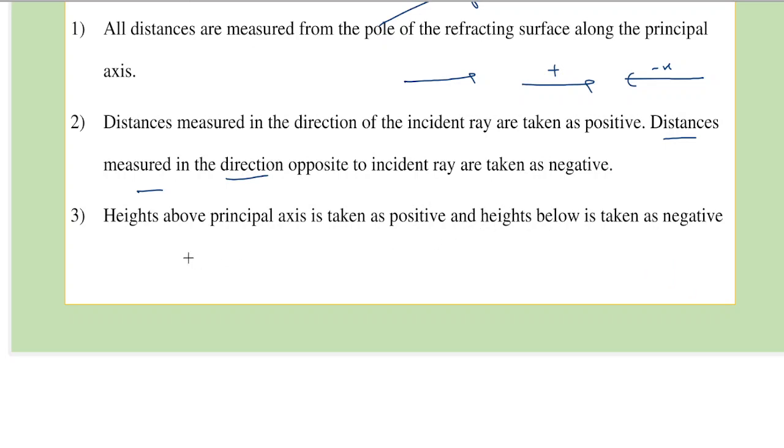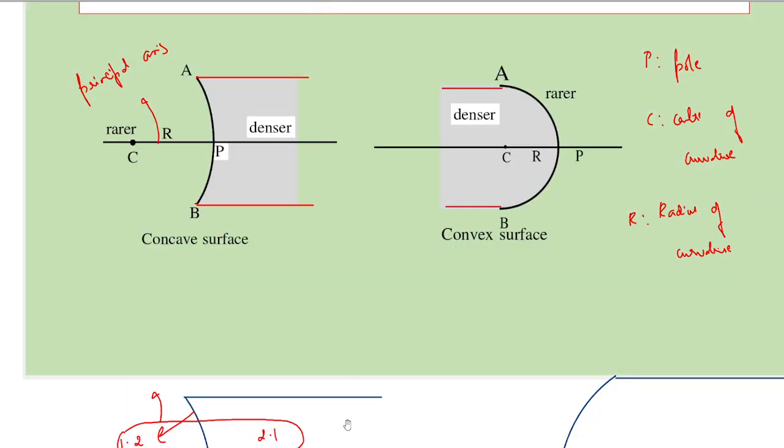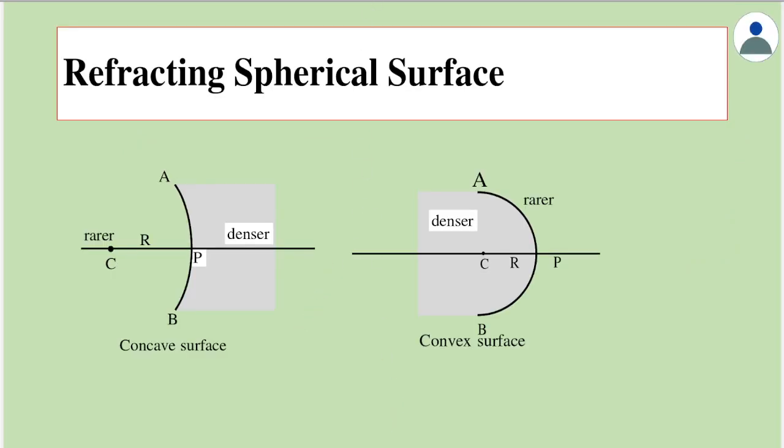Third one is heights above the principal axis are taken as positive, and heights below are taken as negative. So the conventions that were used earlier in case of spherical mirrors are the same points here also. In this case, let's assume that suppose somewhere here an object is placed,